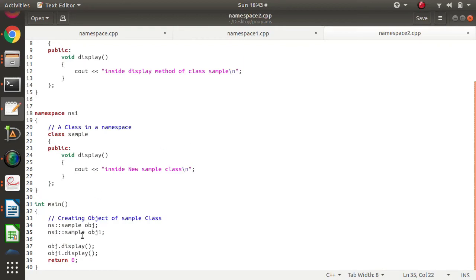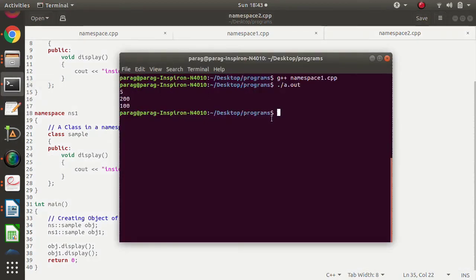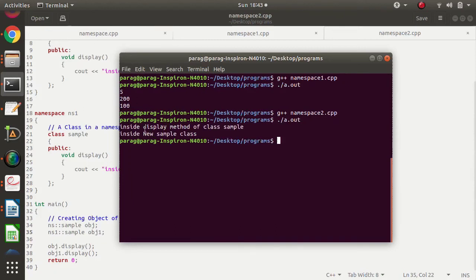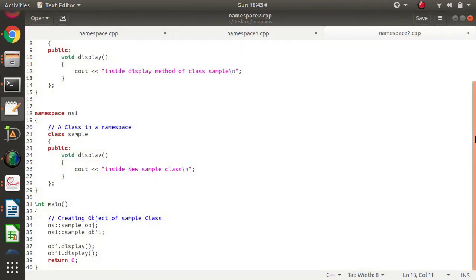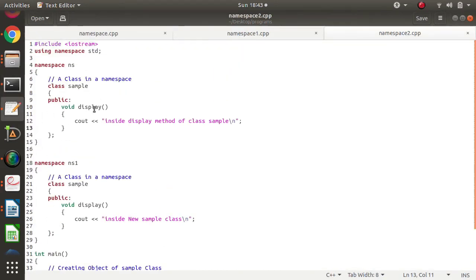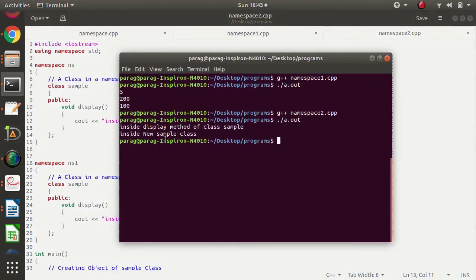So see here, we will run this program. We have compiled this and now we will run this. This is from the first sample class, here you can see the display method of the first sample class, and this is from the other sample class that we have defined in namespace ns1.